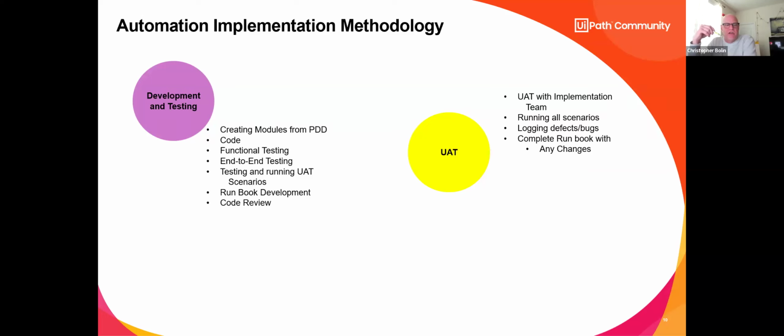Development and testing, creating modules. We talked about the modularity, coding. So know your customer. I cannot stress knowing your customer well enough, and know what you're doing. If after hypercare, you're turning this over to a support team to run, and you're never going to touch that again, you don't want to use long-winded LINQ code. That's going to be hard for somebody to understand. You don't want to do a lot of regex because your support team may know nothing about regex, right?